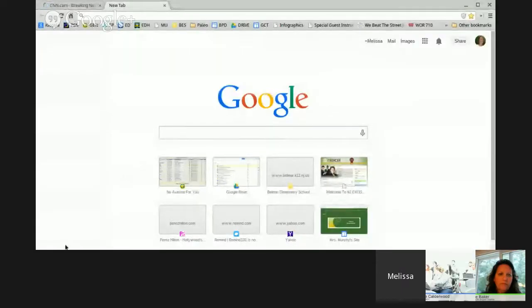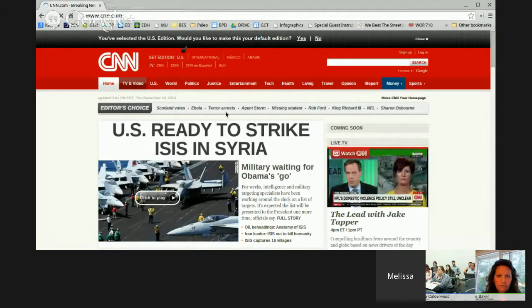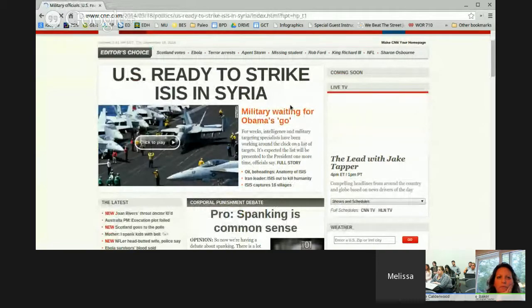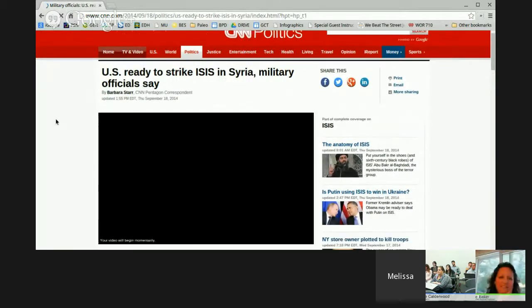We're going to look at first a couple extensions that are going to help with reading, different applications. So we're going to look at something like you had to read something on CNN or a different website for class one day, some different things that you could do to make that experience easier on yourself. So the first one that we're going to look at is called Readability, and this kind of just takes all of the extra, there's my cat, this just kind of takes all the extra things out of the screen so that you can focus just on the reading itself. So it's called Readability Redo, and when I click on it,